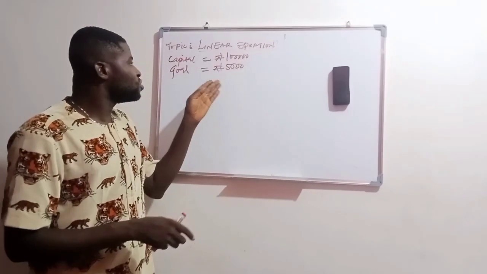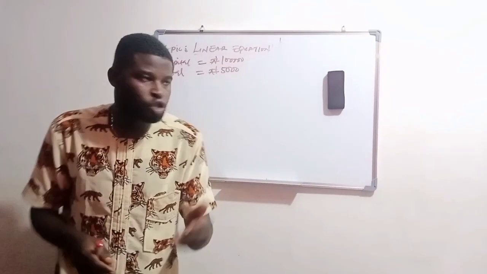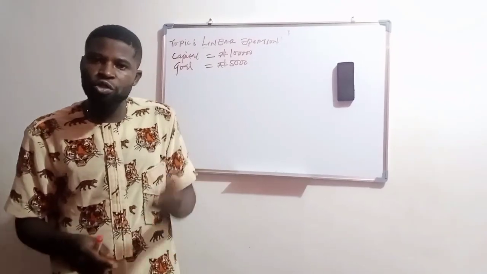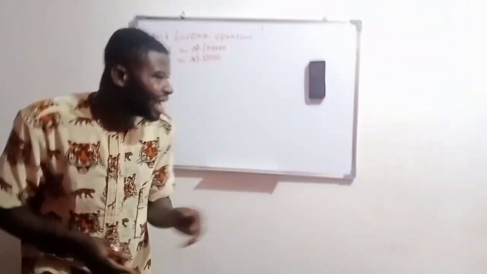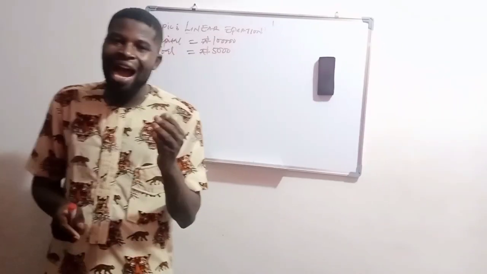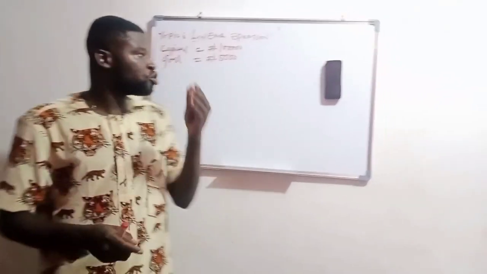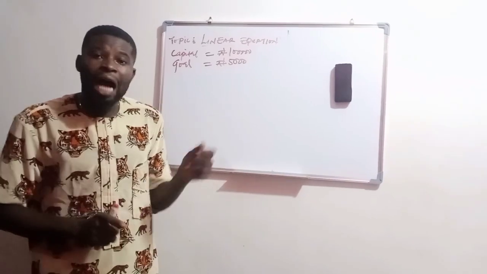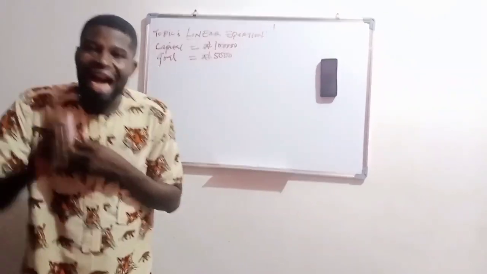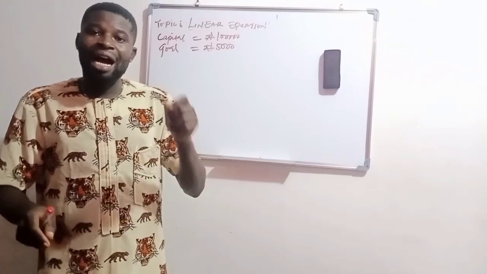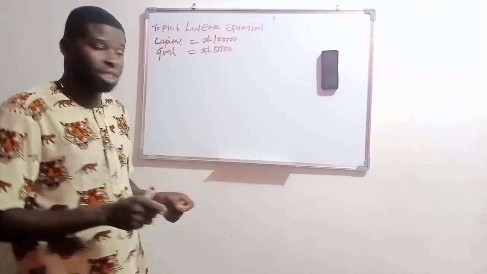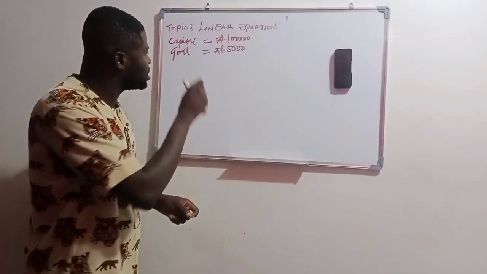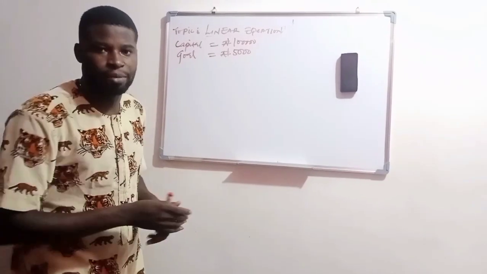So the major issue now is how much should I invest in old layers and how much should I also invest in broilers, so that at the end of every day I should be making the gain of 5,000 naira from both of them. How much should I invest in them? Having calculated the risks and other difficulties in both old layers and broilers, I came up with this percentage for each of them.